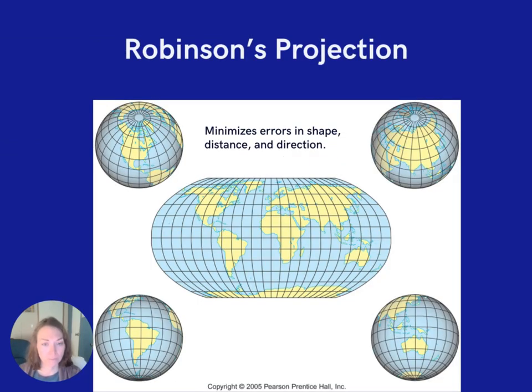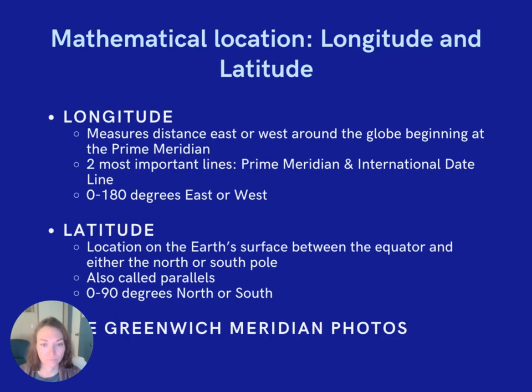The Robinson projection is a little bit more rounded when it's presented. This is the one that is the most well-rounded, so it minimizes errors in most areas. Very popular. Now I'm going to go through this pretty quick, but latitude and longitude are important in AP